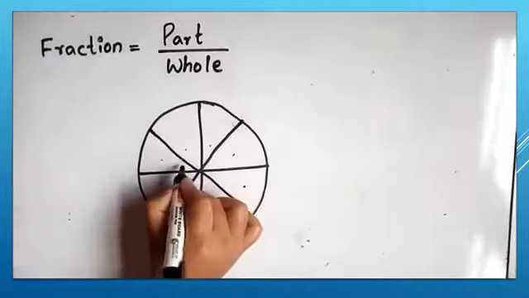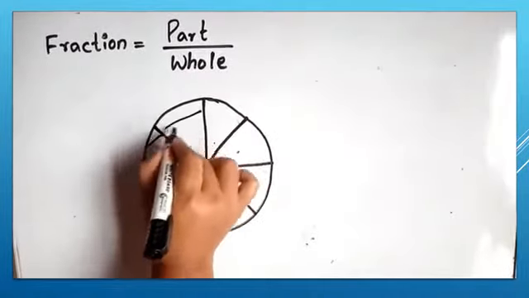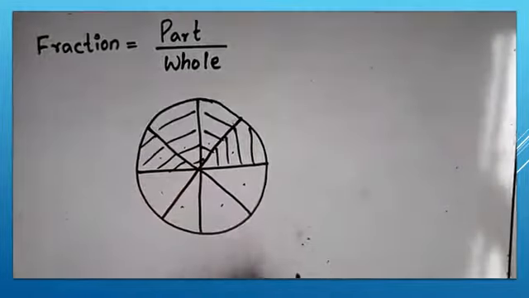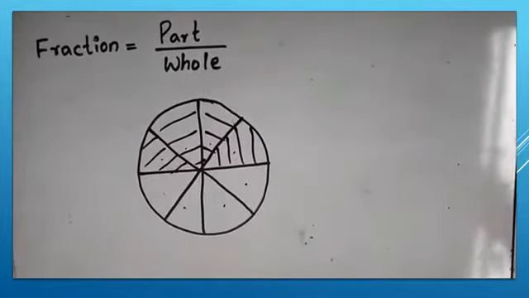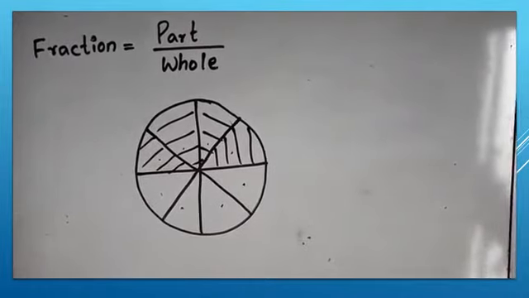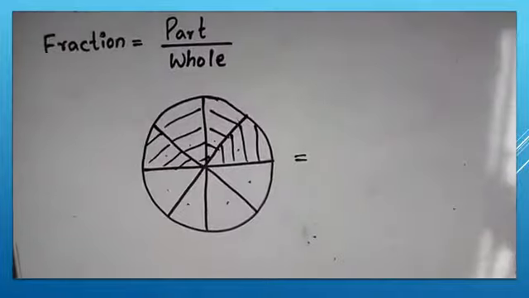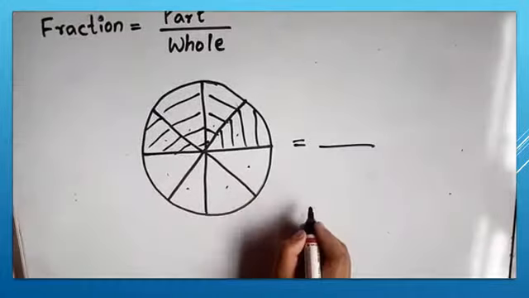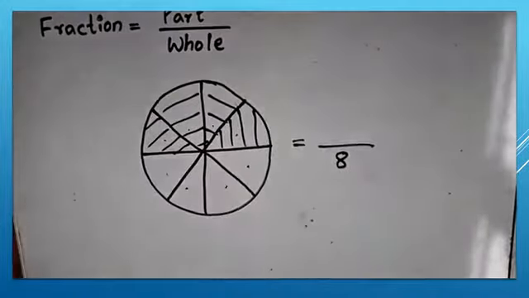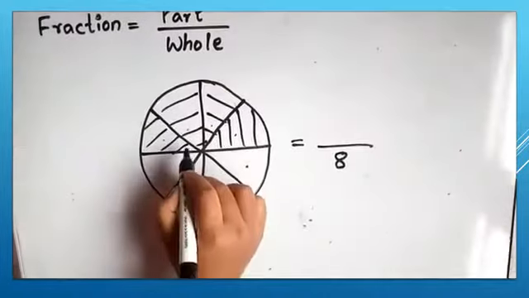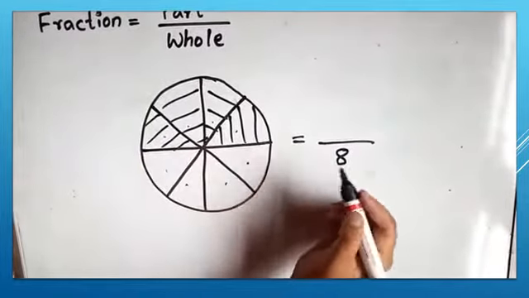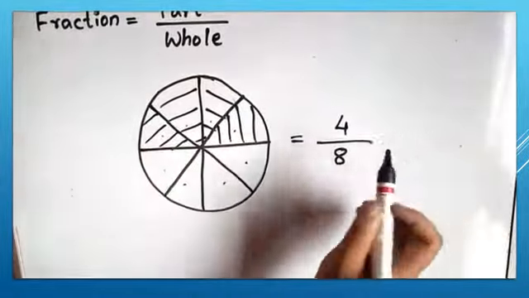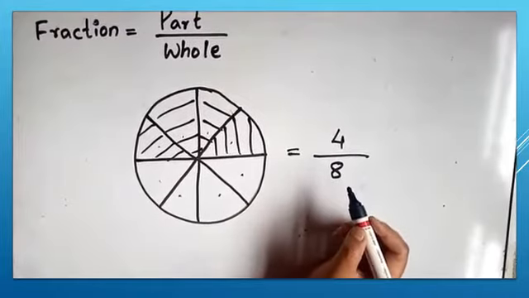Now, suppose you gave away 4 pieces of pizza to your friends. Now, how will you represent this in numbers? We represent it with the help of fractions. When I say whole, in one whole pizza, how many pieces did we say? There are 8 pieces. And then how many did you give to your friends? 4. So whole is 8 and the part which you have given to your friends is 4. So are you clear, students?